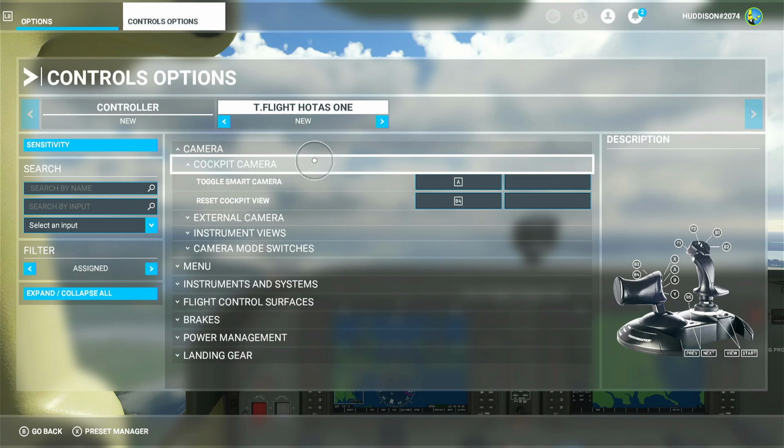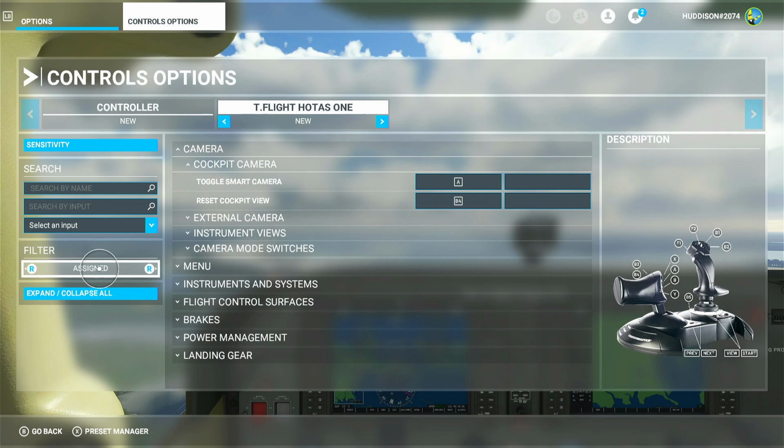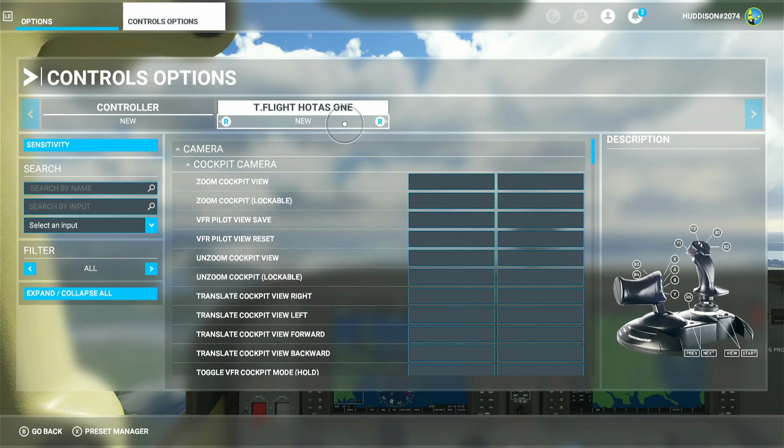So now how do we set the hat switch up? Well, you go down to filter first. Go to filter. Make sure your cursor is over that assigned, and use your right analog stick to move to the right. And it's going to show us all the possible assignments we can set up. Use this expand collapse all button, press it once,